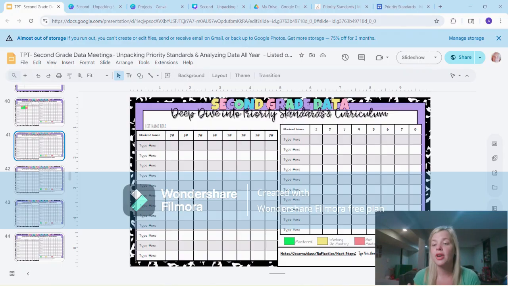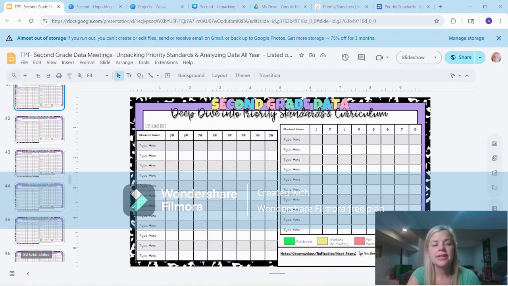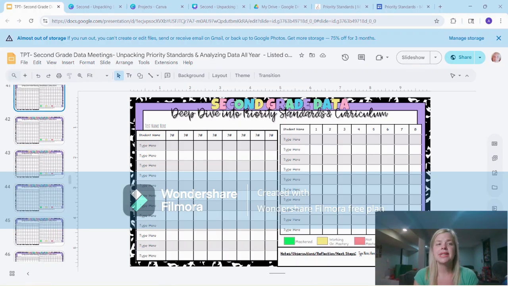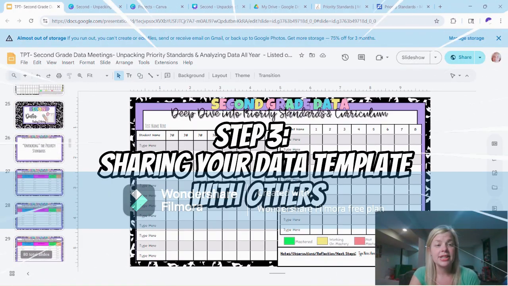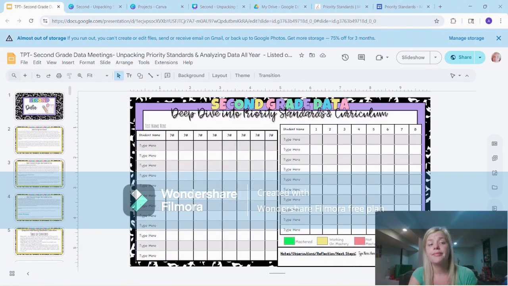It really is a visual for everybody. And not only is this for yourself, but this is an easy way to share evidence with admin, whoever, the work that you're doing to better your teaching and to ensure that your students are successful. All you have to do, and this is the next step, is as an instructional coach or just as a teacher, whoever's buying or using this resource, if you're just a teacher using this to better your teaching,